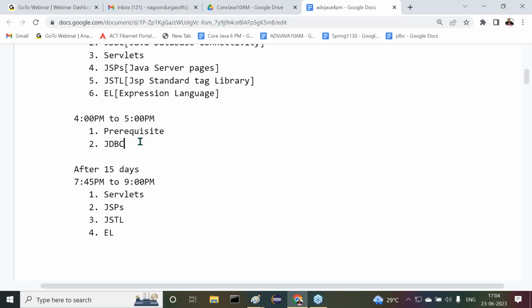Again, it's not required to discuss all these things. These are the schedules I'm following. I've just given the information. Monday onwards, directly I'm going to talk about the throws keyword, the programmatic view of the throws keyword, and for the remaining 2 to 3 days, the prerequisite. Immediately after that, I'll start the JDBC content.